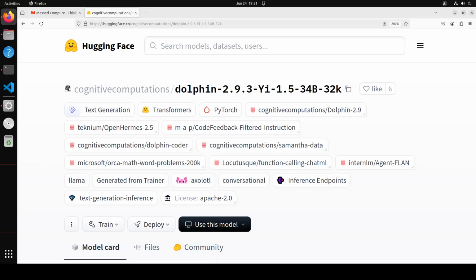Dolphin, as I mentioned, is licensed under the Apache 2 license, and you have been granted permission for any use, including commercial. Dolphin was trained on data generated from GPT-4, among other models. On the model card, Eric also has posted some of the benchmarking, so I will drop the link to it in the video's description. But for now, let's get it installed on our local system and then we will test it